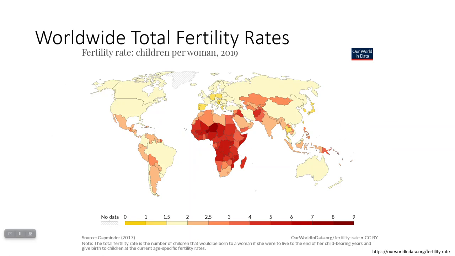So let's look at fertility rates in 2019. If you'll notice, a lot of countries in the northern hemisphere had reached either replacement level fertility or lower, which would be a hair above 2. Notice that you have countries in Europe, South Korea, Japan that have lower than replacement level fertility, and those are countries that worry about a declining population. Then you have other countries where you have the higher total fertility rates.